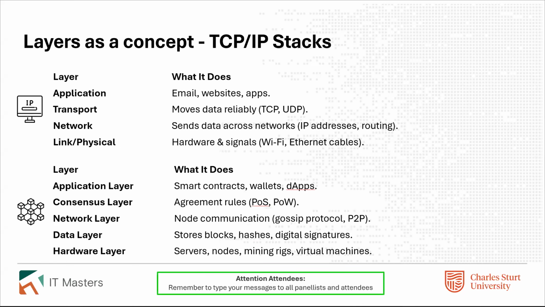And if you are very technical and you do IT stuff, it's very similar to a TCP/IP stack, in the sense that there are similar layers. You might see that on the application layer of TCP/IP, you can see where the applications are running, and it's a similar concept. It's not identical, but it's a similar layered concept where the smart contracts will run. And if you look at the link physical going right down to the bottom and the hardware layer, it has similar properties. There's a transport layer which is similar to the consensus layer.